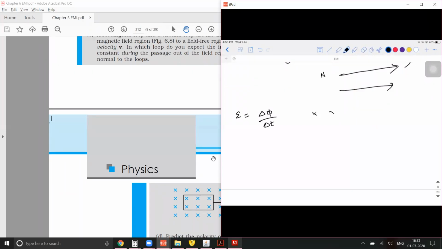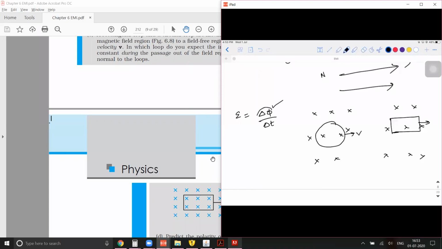So what are the two shapes that are given to us? You have a magnetic field like this. This question is not about the direction. They are concerned about which one is going to be a constant. So in both the cases, the coil is moving out of the plane. So you have a circular loop. But in which case is the value of EMF constant?